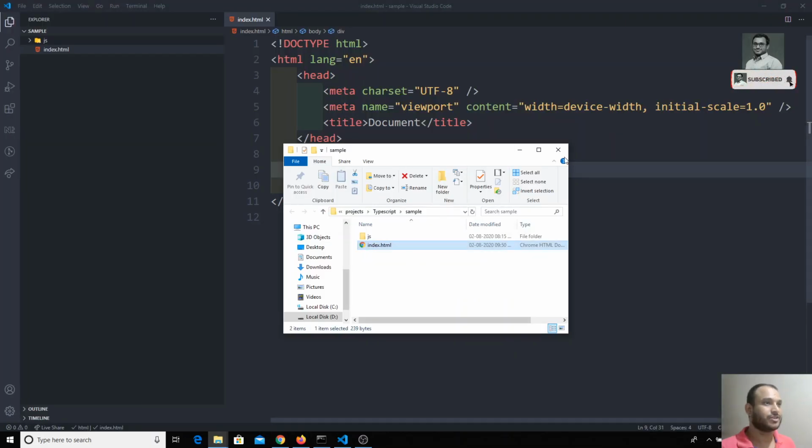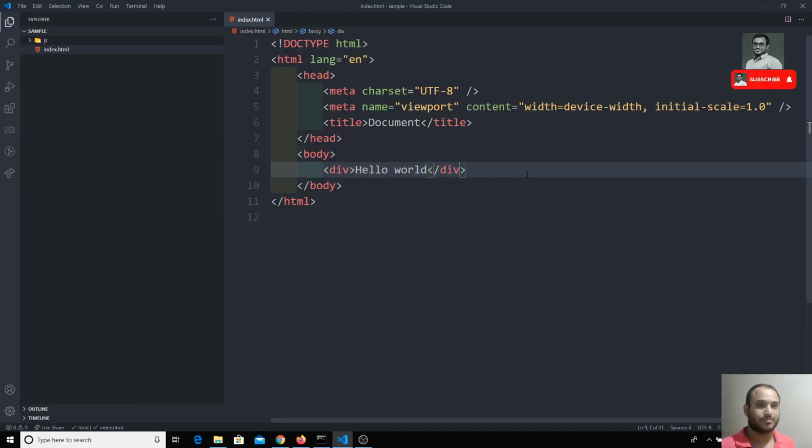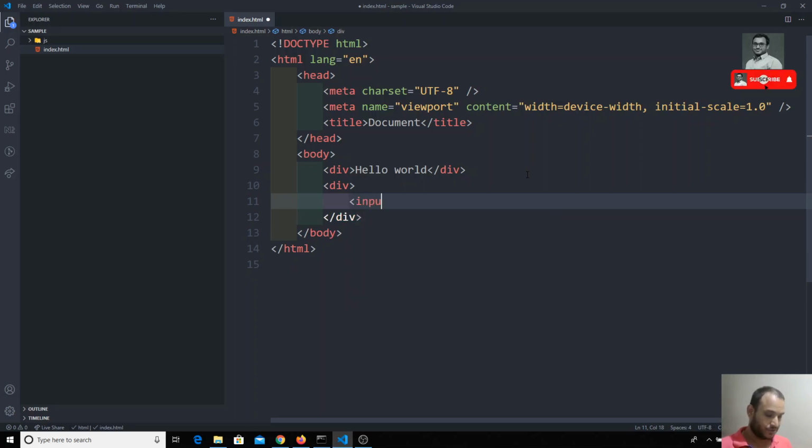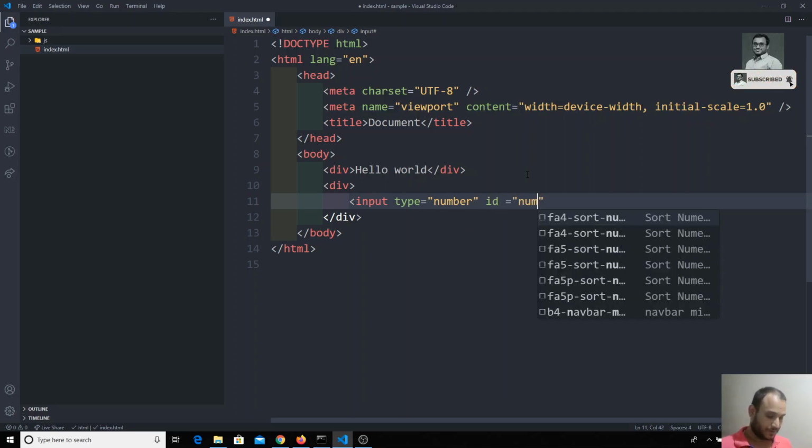In the first example, we will do the sum of two numbers. So I will take one div here, and I will write an input with type equal to number, and I will keep this as number 1.